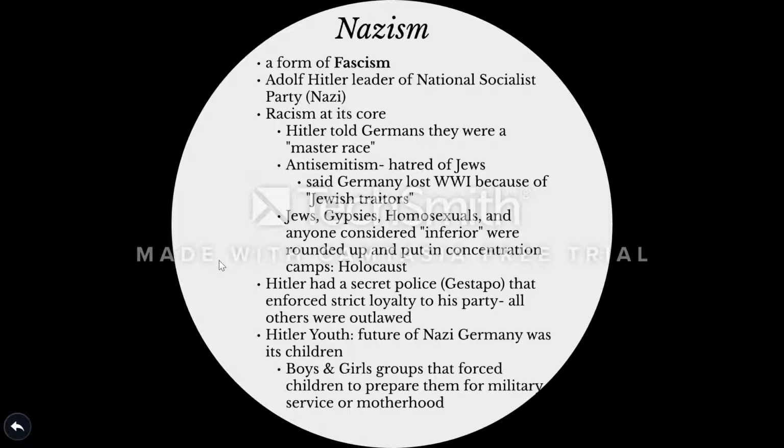Now, Adolf Hitler was an Austrian-born dictator who led Nazi Germany. He was an absolute believer in the Aryan race. So he thought of the Aryans as the pure Germans. So this is an extreme form of nationalism where he was just taking out anybody who did not fit his definition of what a German was. So that would include Jews, gypsies, homosexuals, anyone who was considered inferior would end up being rounded up and